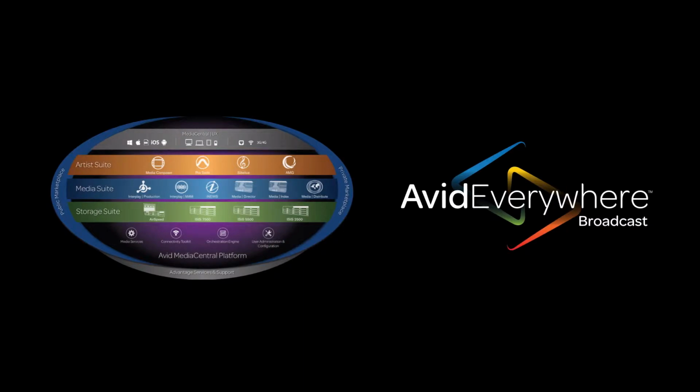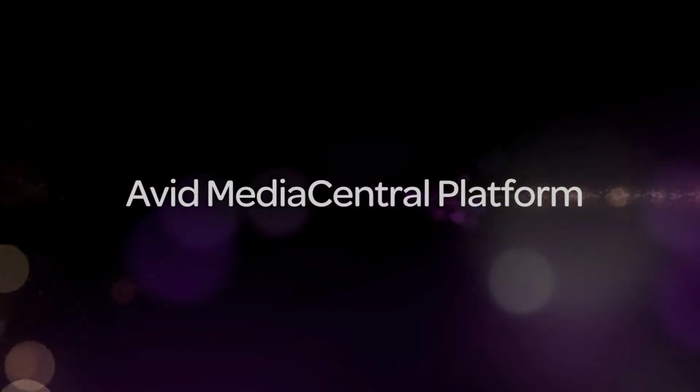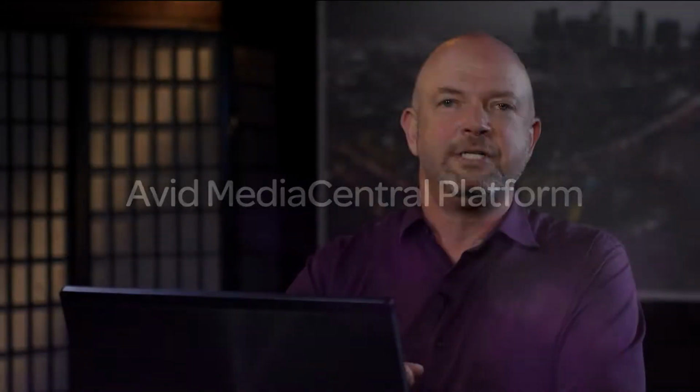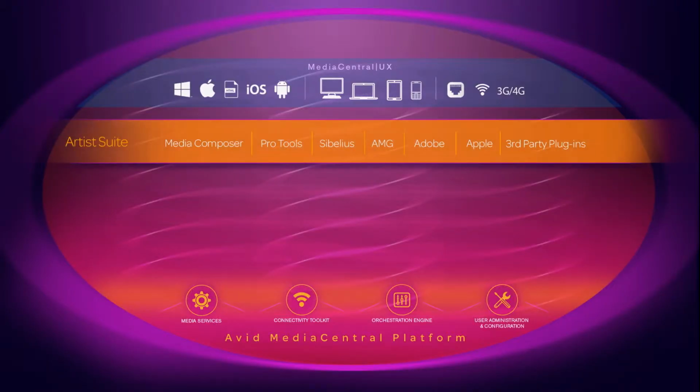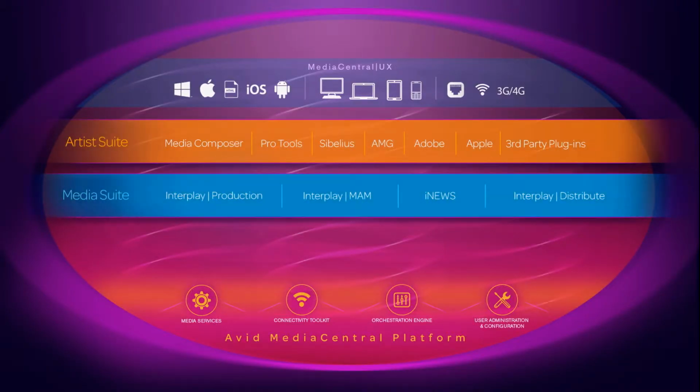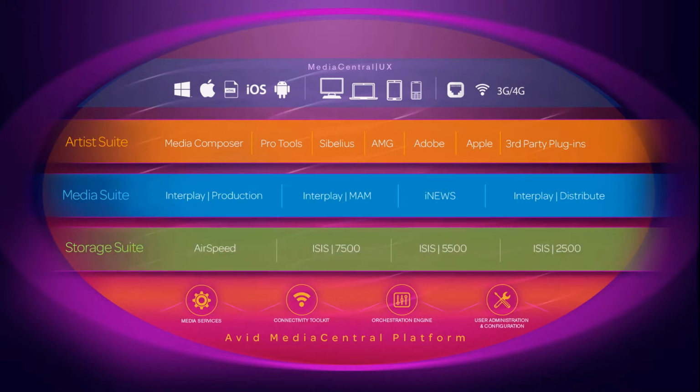Now with Avid Everywhere, our vision is to connect content creators with their audiences in the most powerful, efficient, and profitable ways. Today, this is a reality with the introduction of the Avid MediaCentral Platform, which provides the efficiency of a single underlying technology platform spanning content creation all the way through distribution. Layering on top of the platform is a set of powerful modular application suites for creating, storing, and managing your